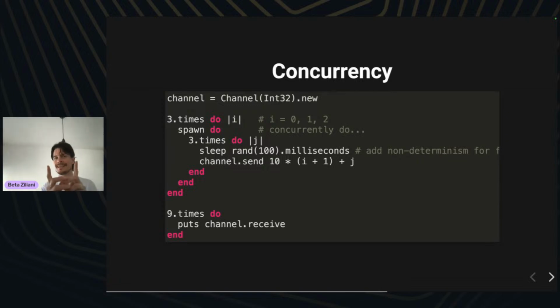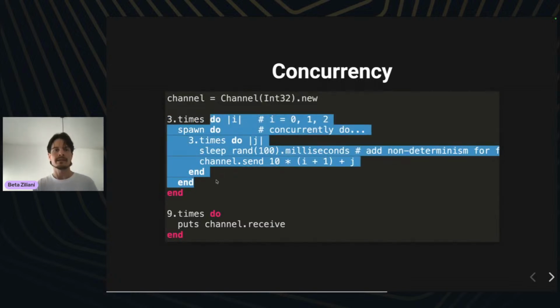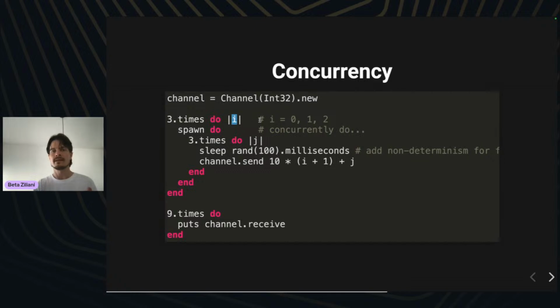By the way, something that is a frequently asked question: why doesn't Crystal have the for keyword? It has something similar, like this 3.times, which is doing the same as a for. It's calling I, so it's calling whatever is here, passing this variable I with first 0, then 1, then 2. And you can do a step, and whatever you can do with a normal for in other programming languages, you can do this way.